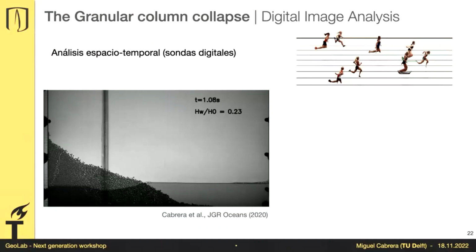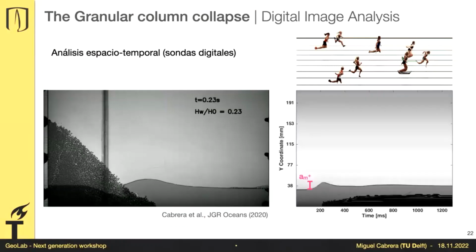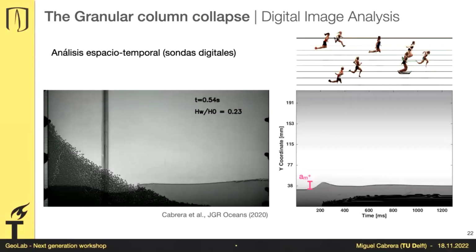And by placing it right at the finish line, what you see in the x-axis is the time. So the athlete that is more towards the right is the first one that arrived to the finish line, and then you move towards the left to take account for the time. And therefore, you have a direct measurement of time here, because you have time on the x-axis, and on the y-axis, you have a space. So basically, what we do is exactly the same. We take a line of pixels in the vertical direction, and we plot that line of pixels against time.